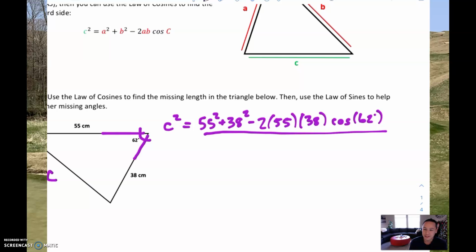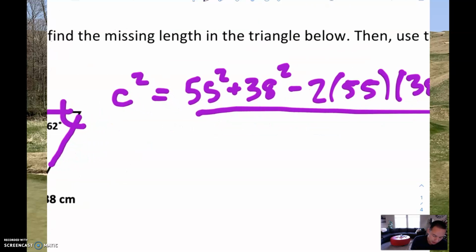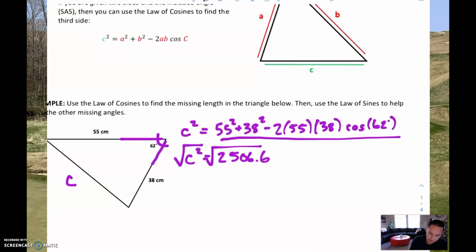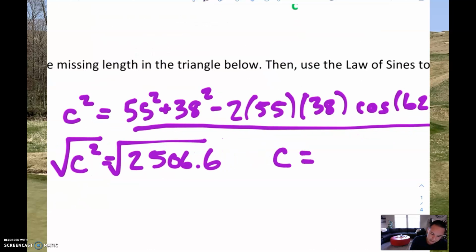Once again, make sure that you're in degree mode if you're using Desmos or any other calculator. If you type all of that in a calculator, you're going to end up with C squared equals about 2,506.6. So maybe pause the video and double check, make sure that you know how to type it in the calculator correctly. But we know that this side here isn't going to be 2,506 because the other ones are only in the 50s and 30s. To get C, we still have to square root it. So we're going to square root both sides, and we get a C value of